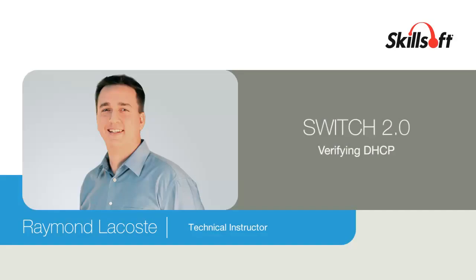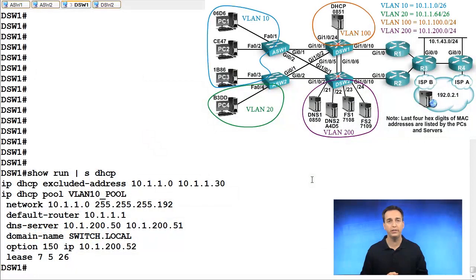DSW1 has been successfully set up as a DHCP server, and we can verify this in the running config by typing in show run pipe to section DHCP, and we can see the configuration parameters that we specified. We specified that the pool is going to be VLAN 10_pool, that's its name. We're handing out addresses for the network